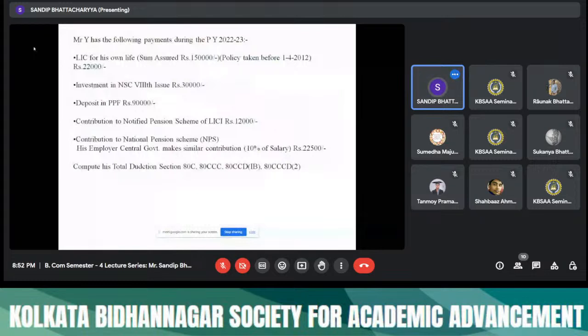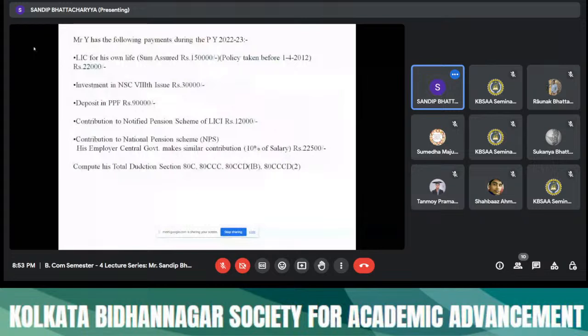Investment in NSC, deposit in PPF, contribution to notified pension scheme of LIC 12,000, contribution to national pension scheme again, and Mr. Y's employer also makes a similar contribution, that is 10% of salary,